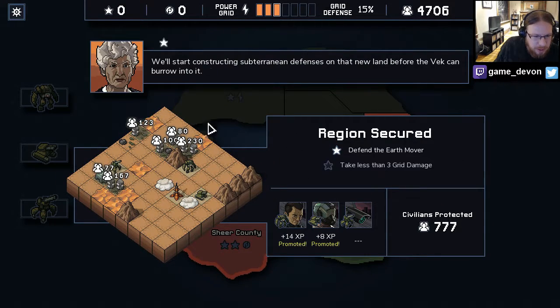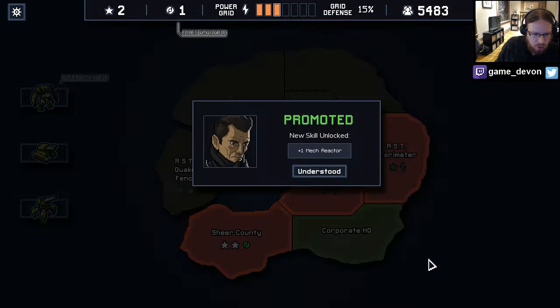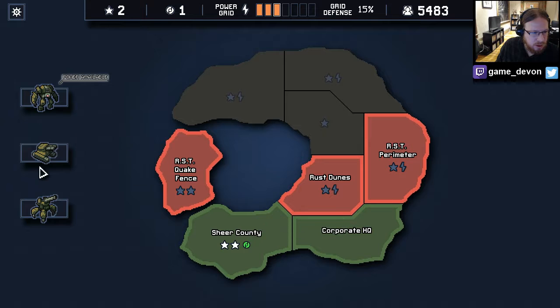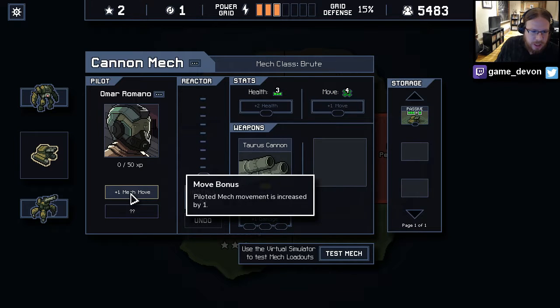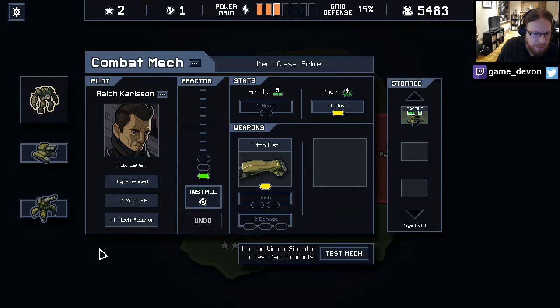So, that was a little bit of a rough one. We did lose... I think only 1 grid? And, we got that power core, which is a pretty nice upgrade. Is there any way to replace my pilots? I assume maybe that's like a thing you can buy at the end? Okay, so this is just inherent. This we have to spend on. Installing power cores seems to be permanent, but once you do it...